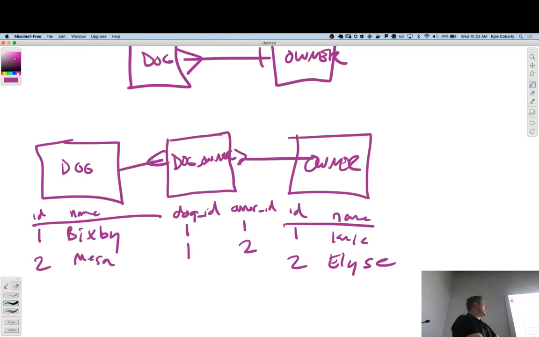Cool. Ask me some questions about this. This is big. Yeah, Dylan. Where do we find the IDs? What do those look like in the actual code? Oh, excellent. So the IDs are generated by the database. You don't put them in. Let your database manage those. But there's supposed to be something that's uniquely identifying each record.